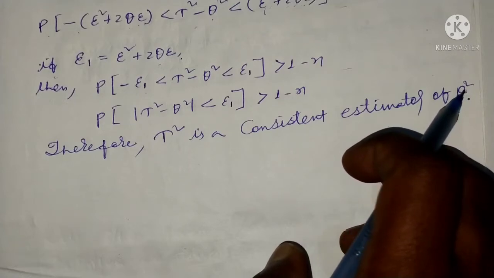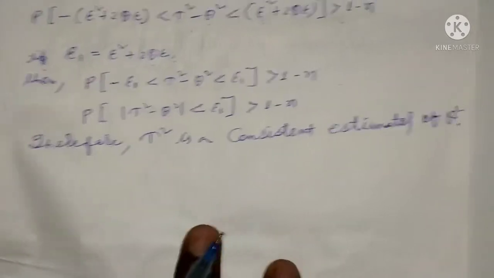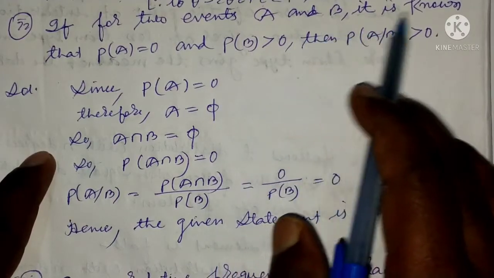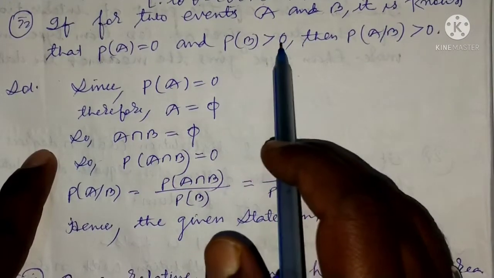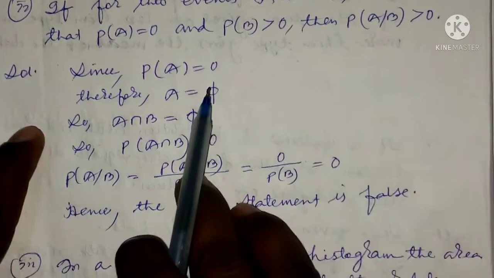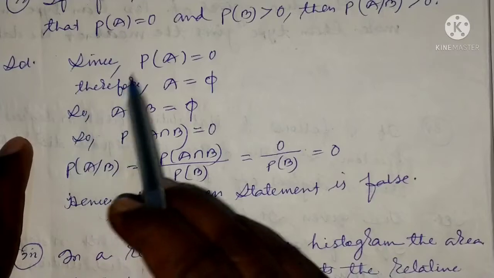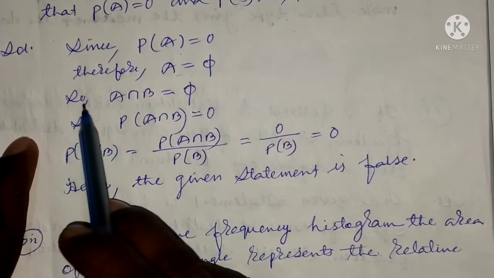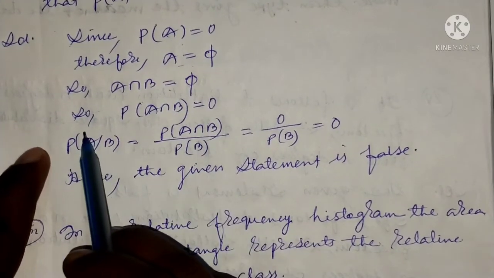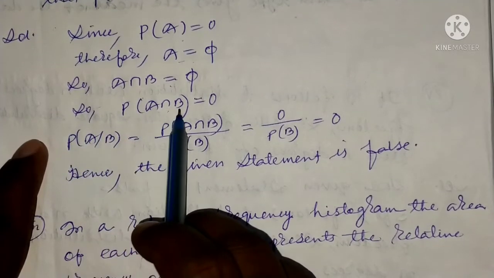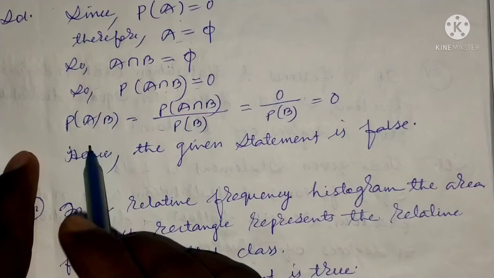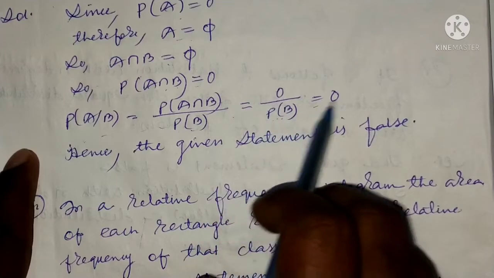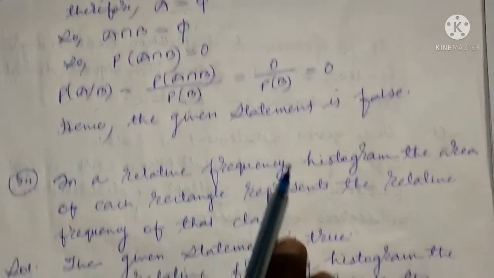इसके बाद आते हैं अगला, if for two events A and B it is known that probability of A is equal to 0 and probability of B greater than 0, then probability of A by B greater than 0। तो हम कहेंगे the given statement is false since probability of A is equal to 0, therefore A is equal to φ, यानी एक null set है। So A intersection B is equal to φ, so probability of A intersection B is equal to 0। Probability of A by B is equal to probability of A intersection B by probability of B is equal to 0 by probability of B is equal to 0, hence the given statement is false।